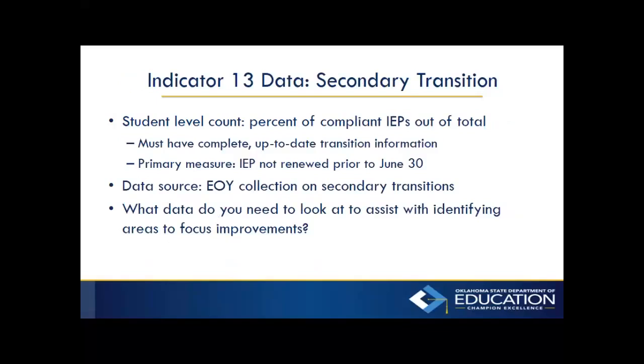We do collect that through the end-of-year data collection. We just pull that data from you. In EdPlan, you do not need to submit anything to us for that. So again, what data do you need to look at to identify areas for improvement? Things like your transition processes. How are IEPs getting reviewed? Who is in charge of that? What's going on that some IEPs haven't been finalized? Perhaps it's an exiting issue. Maybe you aren't exiting your students timely, so they appear to be non-compliant on June 30th, but it's simply that they have graduated, but you haven't exited them prior to the IEP being considered overdue. Okay, there are lots of things that could lead to that also.